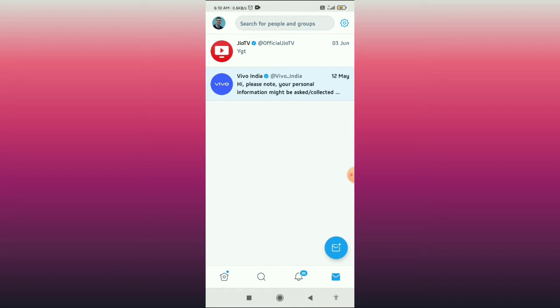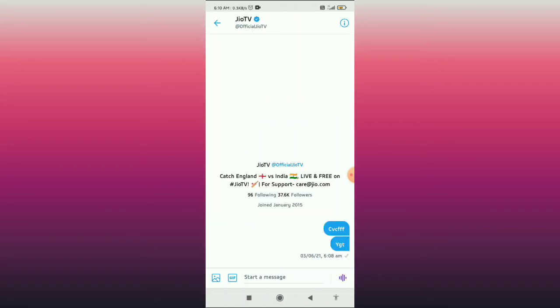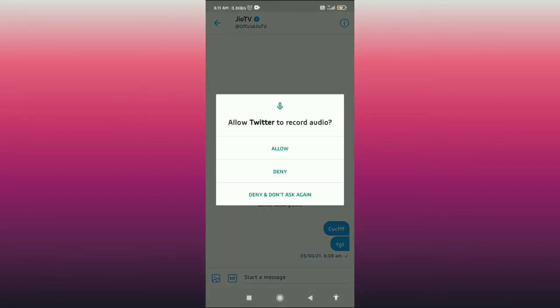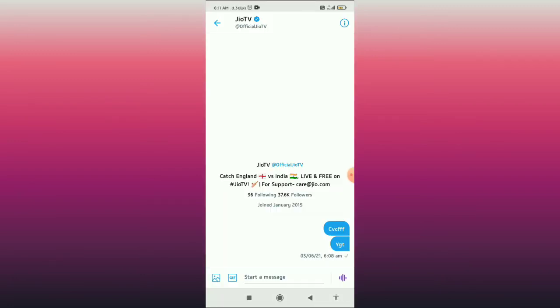And when you see the person's Twitter account, click on the Twitter account and then you can see all these options. In the bottom right corner you can see the voice messages option. Click on this and then you have to click on continue to allow access to the microphone. Then you can click on the allow button and then you have to again click on the